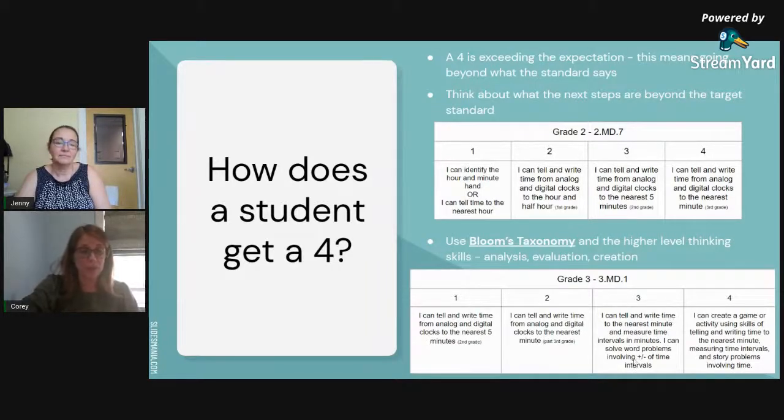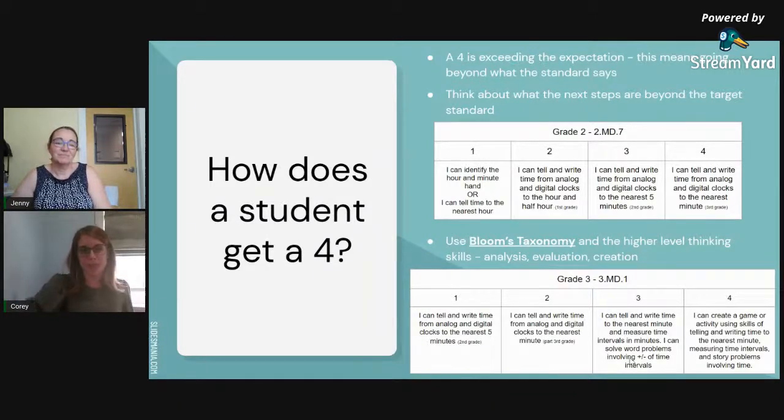So in order for a third grader to meet that standard, that's 3 different parts that they have to meet. So what it might look like for a third grader who's approaching it is they might have just a part of that. They might be able to tell and write time to the nearest minute, but they haven't mastered the elapsed time yet. And then telling time to the nearest 5 minutes, or anything below that, would be approaching or beginning. So if there's no standard beyond telling and writing time to the nearest minute, where do third graders go and how do they show that they've exceeded the expectation?